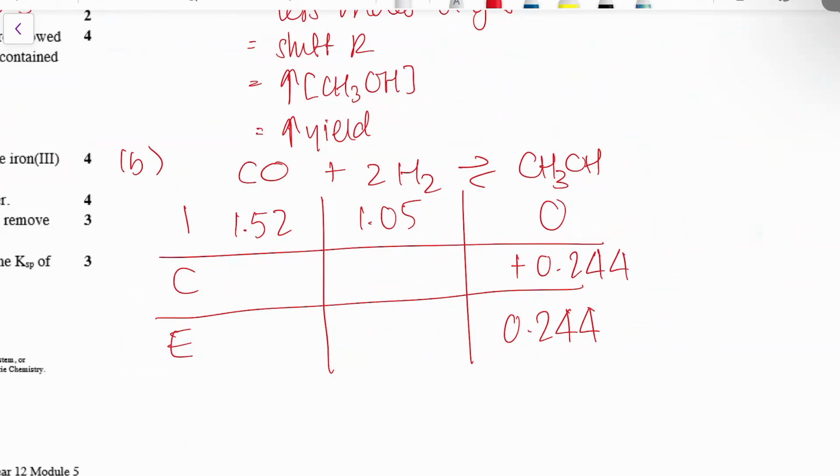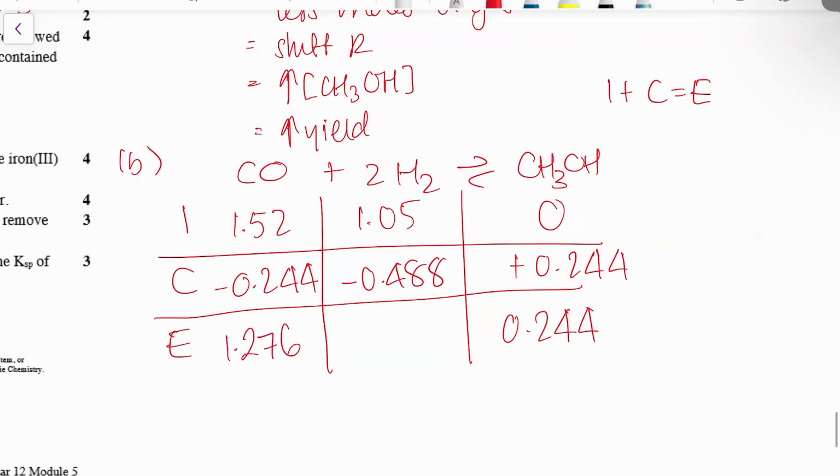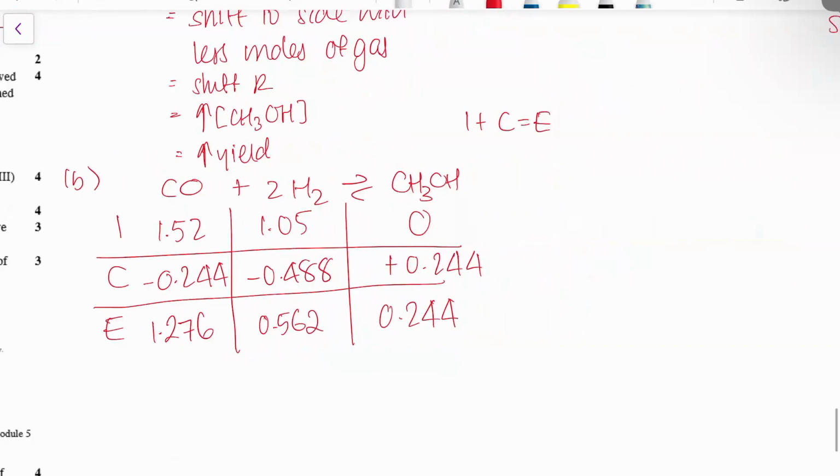Minus 0.488. Oh wait, sorry, that's four. H2 minus 0.488. And what about CO? Minus 0.244. Yes, 244. And what's my equilibrium for CO? Then I plus C is equal to E. That's 1.276 for H2, and 0.562. Now that I've got everything in the E row filled out, I can sub it into my